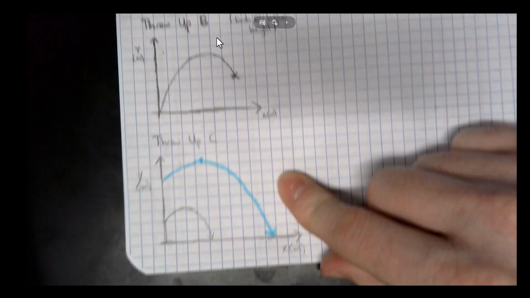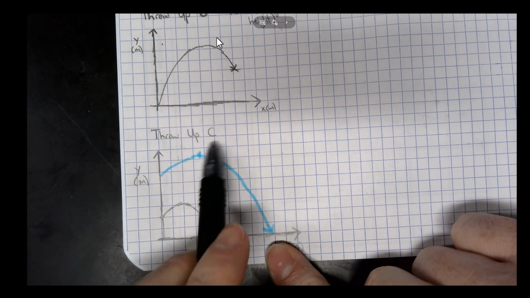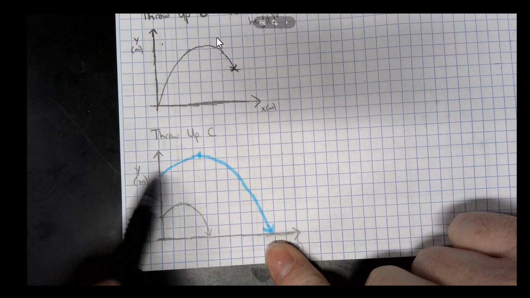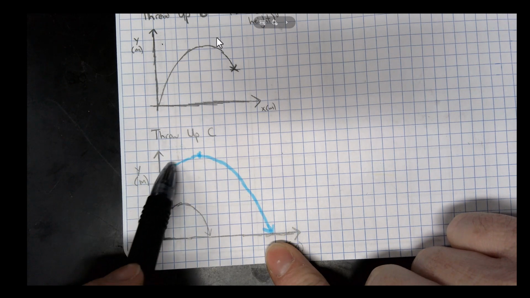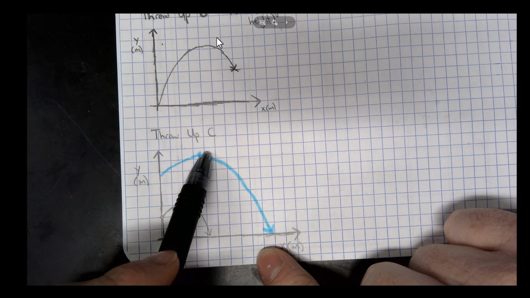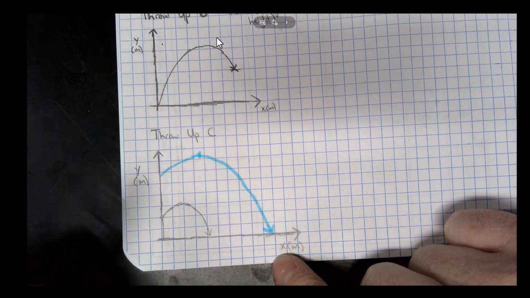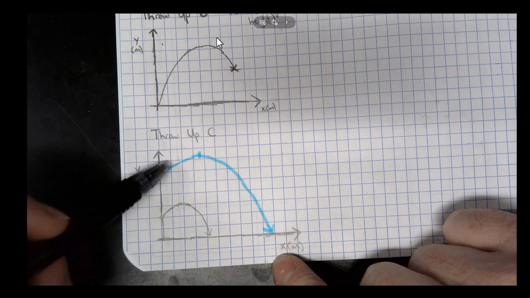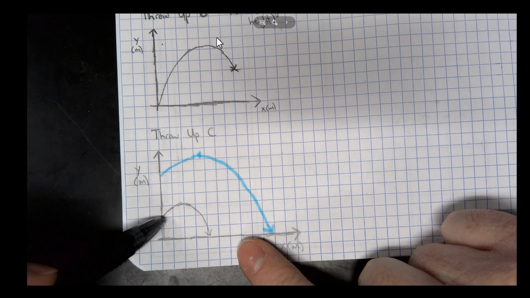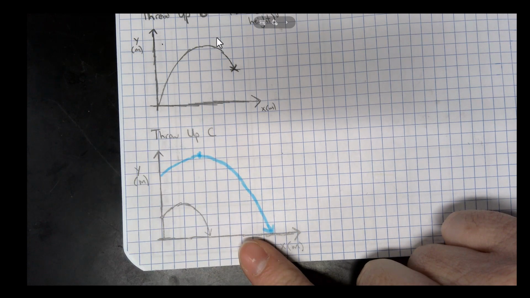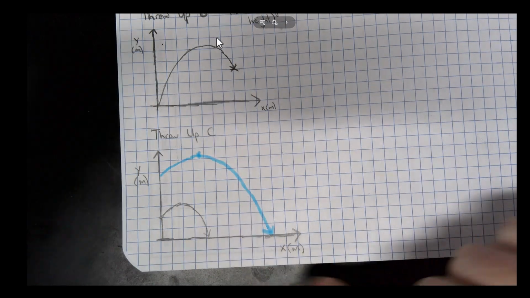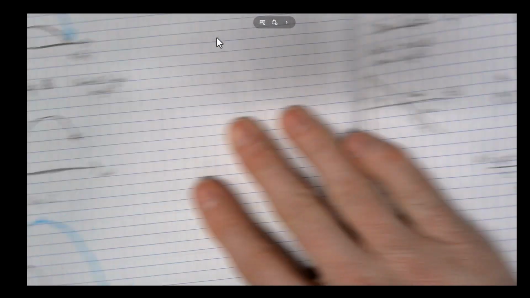A throw-up C problem, I think of a cliff. You're standing on top of a cliff and you throw something. Part of the time it's going to go up, and then it's going to spend more of its time going down. And you can launch them from different heights. As long as you start at a higher height and you end at a lower height, that's a throw-up C problem. Looking back at the graphs, the